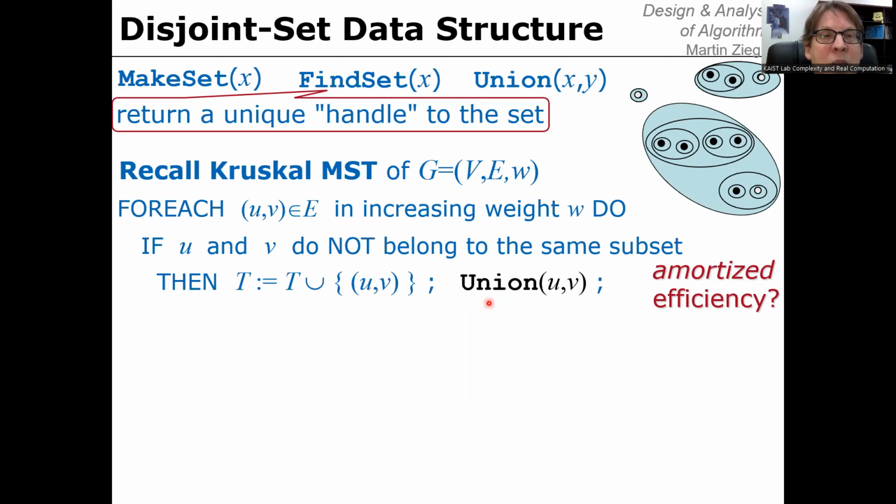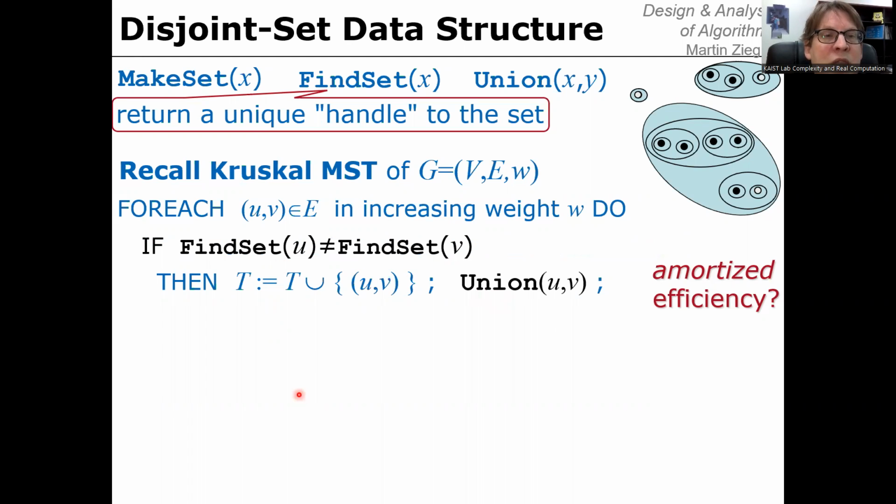So this is where Kruskal calls the disjoint set union operation, and here Kruskal calls the find set operation to check whether U and V belong to the same or to different subsets. If the unique handle returned is different, then according to the semantics, they belong to different sets. So this is the core of Kruskal's algorithm, the innermost loop, and this is our motivation for